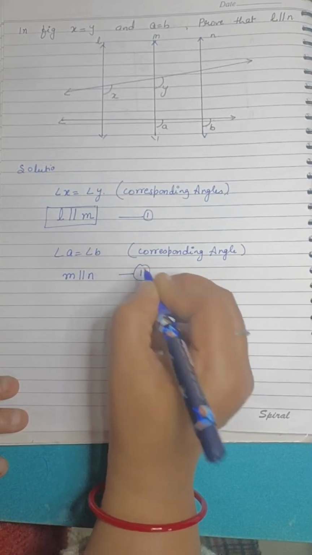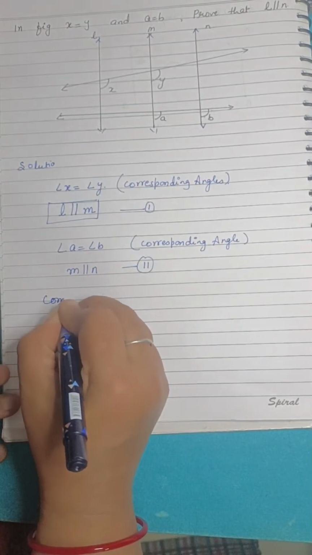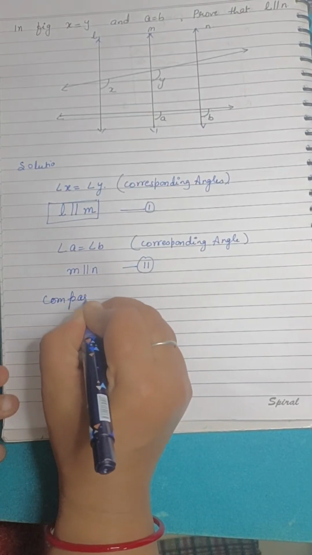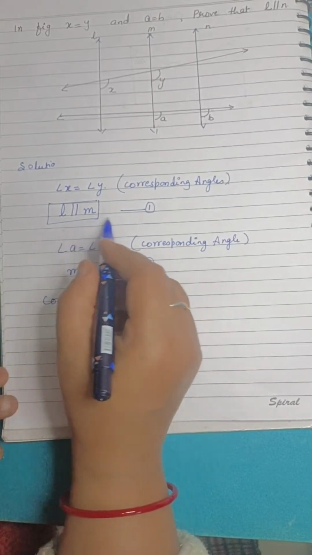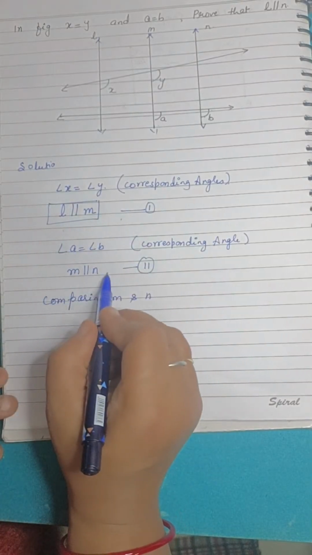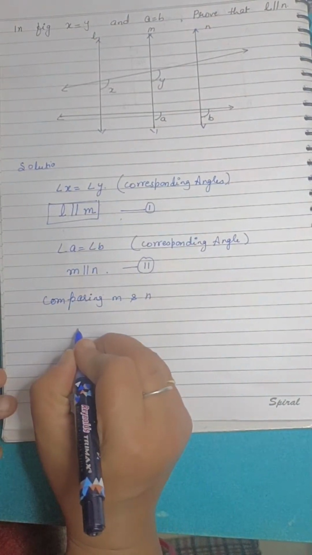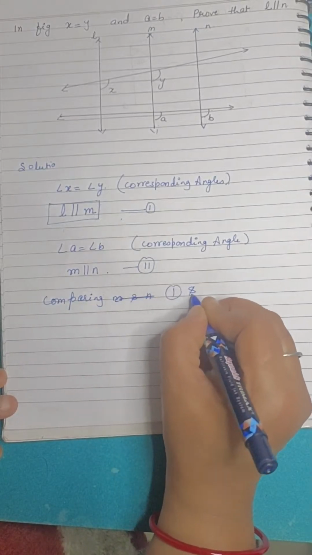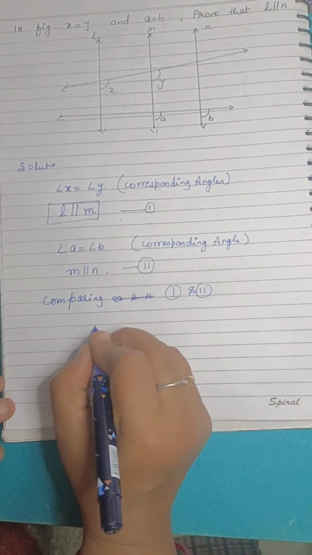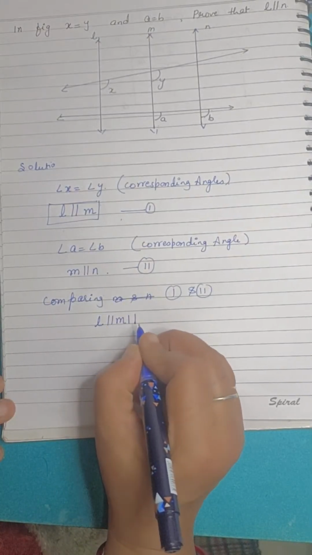This is equation 2. Now when we compare M and N, L is parallel to M, M is parallel to N. That means M is parallel to both. Comparing equations 1 and 2, what we have found is L is parallel to M, is parallel to